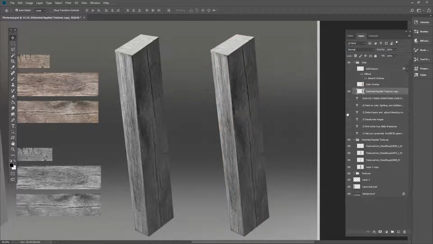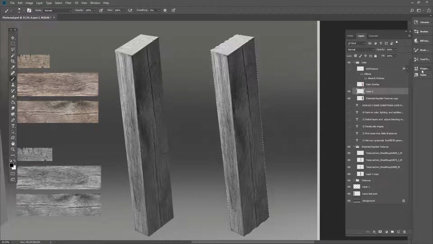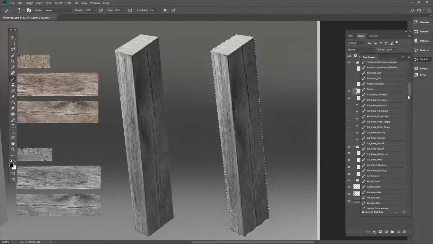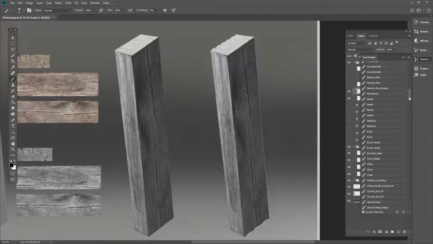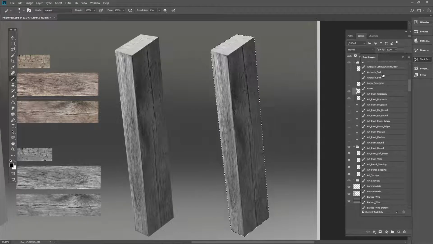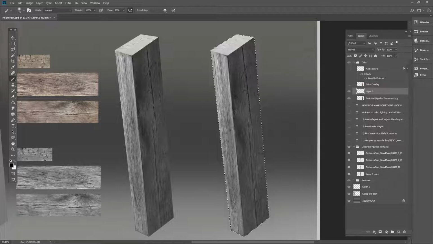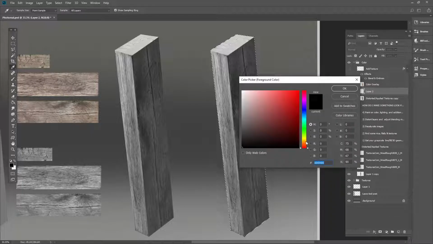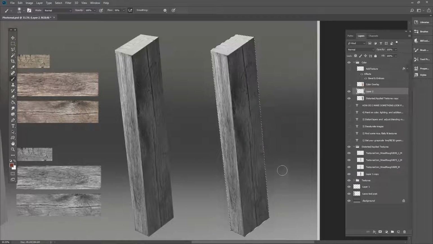Okay, so how would I do that? I would Control click within that layer. I'd make a new layer on top of that. I'd go into my tool presets and I would grab a soft round brush. Let's see here. Here it is. Airbrush soft. That's good. And I might choose kind of a reddish brown color. And then all I would do is